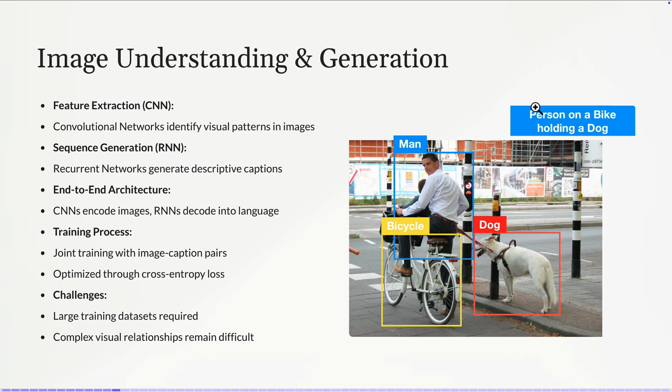Okay, so this was quite an old application, trying to get a semantic understanding of a picture by writing a caption about it. And here it uses a CNN to extract the features. For example, I can run a convolutional neural network to detect that I have a man, a bicycle, and a dog. And then I can put the feature vector of the picture together with this text, and provide it encoded into a recurrent neural network to generate a text for this picture. Okay, and this was kind of initial language modeling.